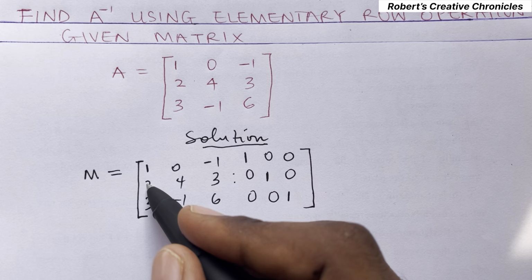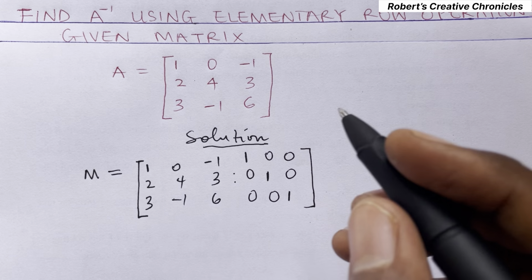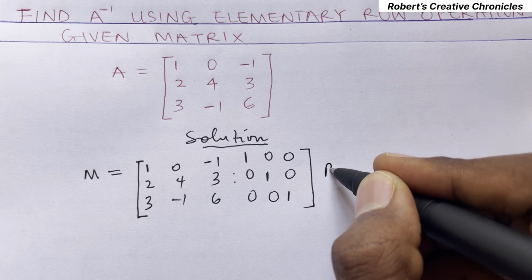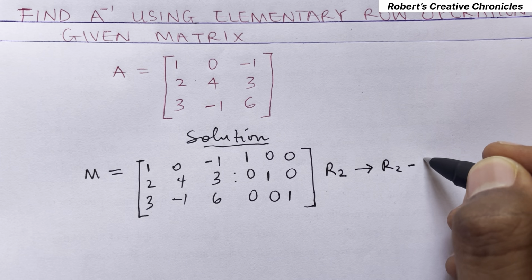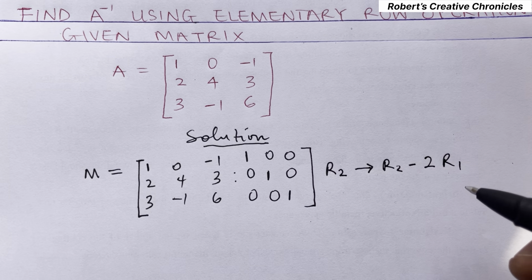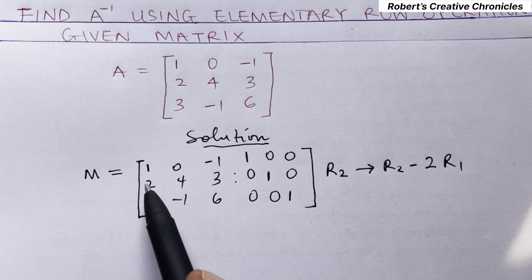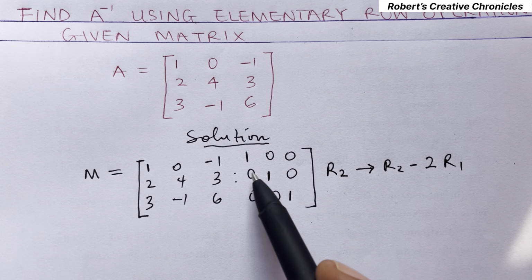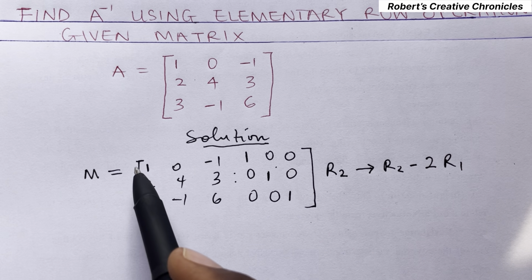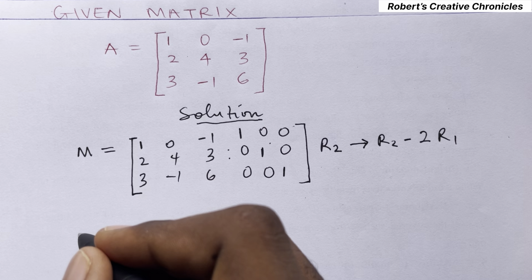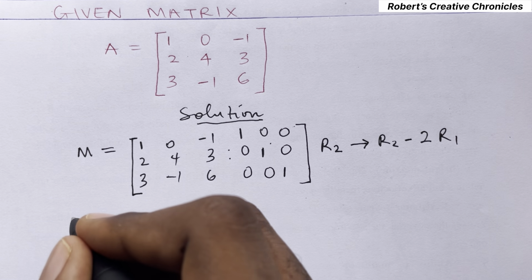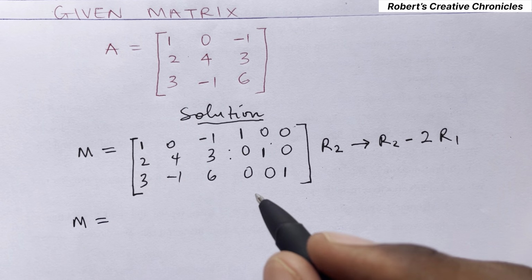So to convert this to 0, what we will do is say R2 will now become R2 minus 2 R1, such that this is the second row. So if we say second row minus 2 times the first row, this 2 will be times by this one, and 2 minus 2 will be 0, so here will be 0. So let's do that. So our matrix now becomes,